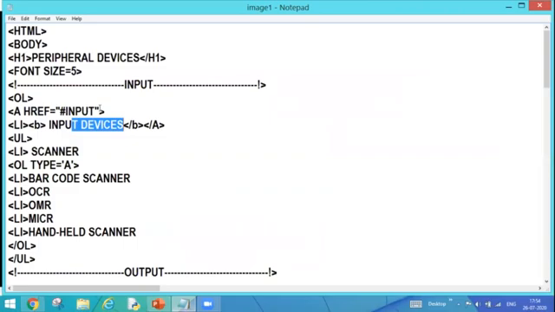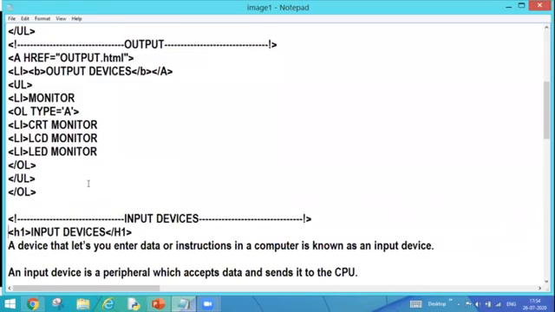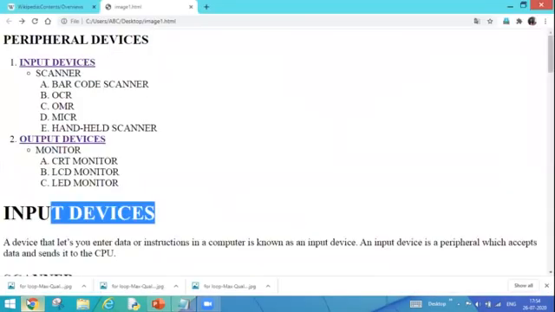Now, as I have connected this input, so what will I do? I will go over there onto my input device, right? And I will mention over here name is equal to input. Input is the name of my link, which I have created, right? And I will close my a tag over here. Now press Ctrl plus S and go back. Yes, press F5 for refreshing.